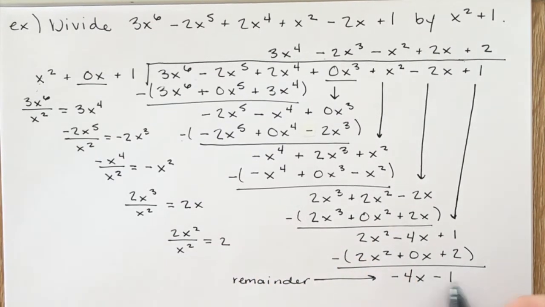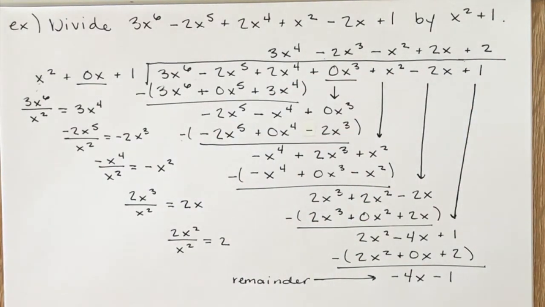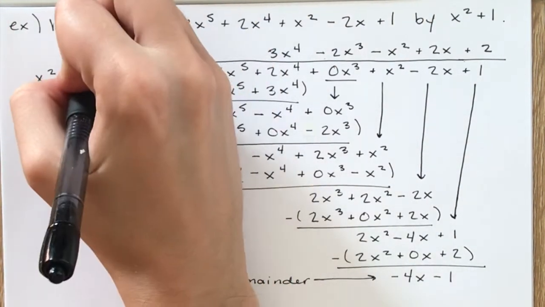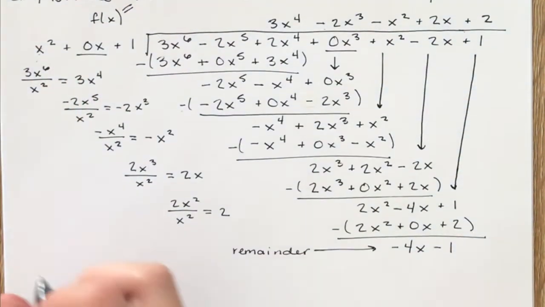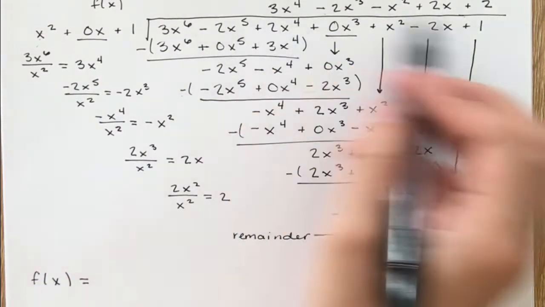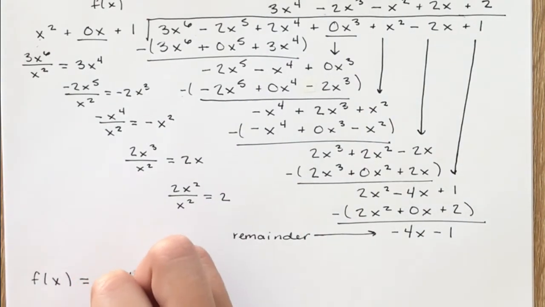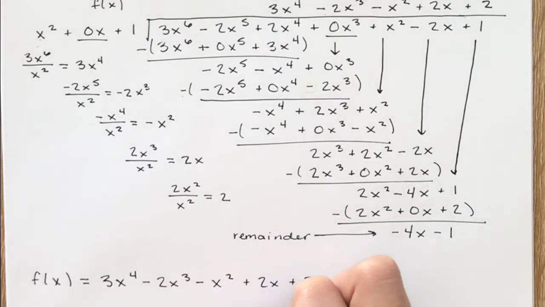So it's important to note that remainders can be more than just a constant term. So here, our quotient is all of this. I'm not going to rewrite it because it's a bunch, but our remainder is negative 4x minus 1. In order to make this a little bit easier for ourselves, I'm going to call this function f of x. So if this guy is f of x, that means that I can write f of x as our quotient, so 3x to the 4th minus 2x to the 3rd minus x squared plus 2x plus 2